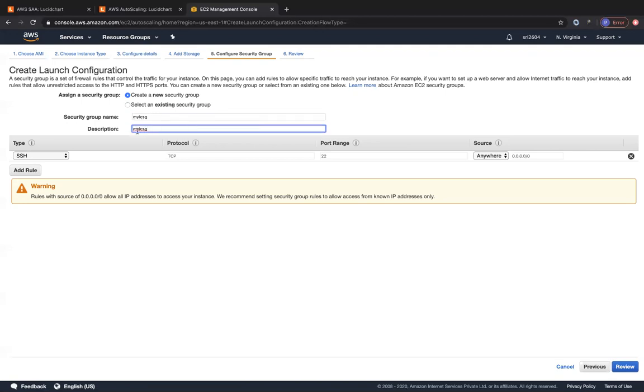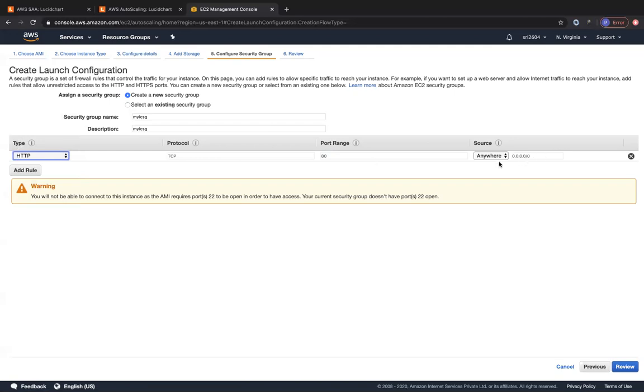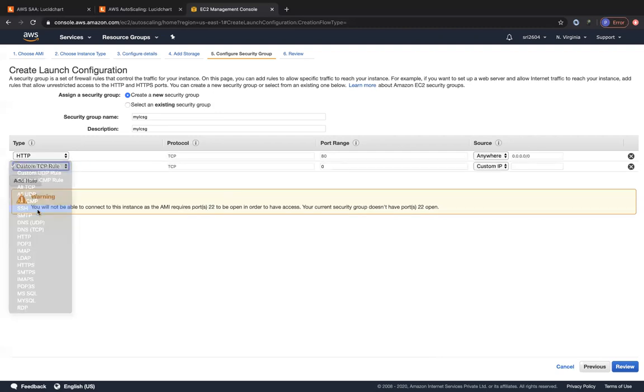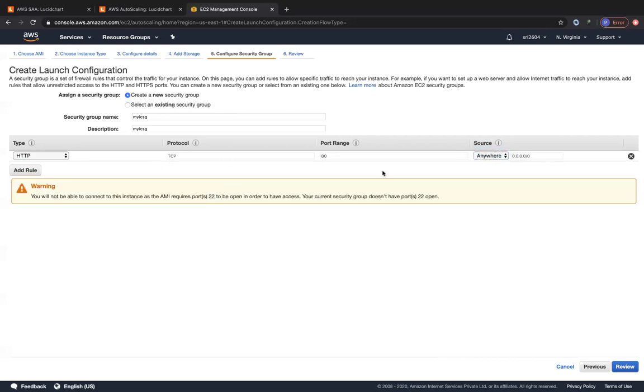So I've called it my LCSG. I'm going to open up port HTTP over here. Other than port SSH, I'm just going to open up port HTTP, and I'm going to leave it to be accessed from anywhere. And I really don't want to open up port 22 on my virtual machine because I'm pretty sure that bash script will run. But if you would like to do any kind of troubleshooting, it's good that you open up port 22 to your own IP address rather than opening it up to the entire world. So please do open port 22 for any kind of troubleshooting and choose my IP rather than anywhere, because choosing anywhere is not a good practice. Okay, so I'm just going to remove that. I'm going to go with only HTTP right now.